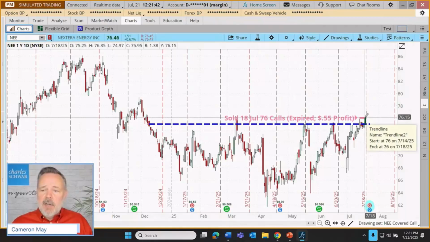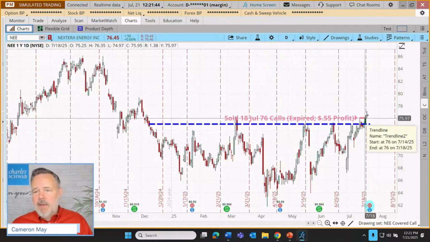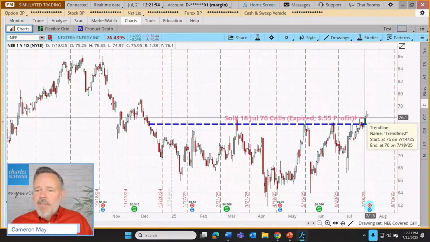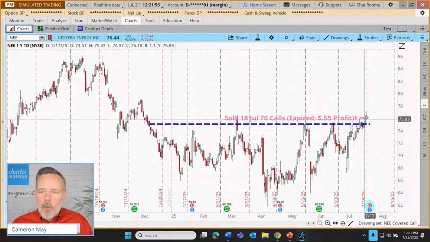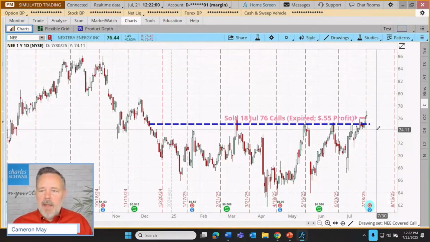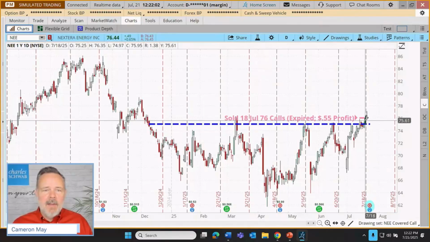Might have wound up selling the shares at 76 bucks. Now, would that have been a disaster? Well, the shares would have been sold for more than they were originally purchased for, 72 and a half, but we'd be done. In this case, though, we faded to a close. Look at where we closed. Look up here in the upper left as I point at Friday's candle. 75.95, 5 cents out of the money.